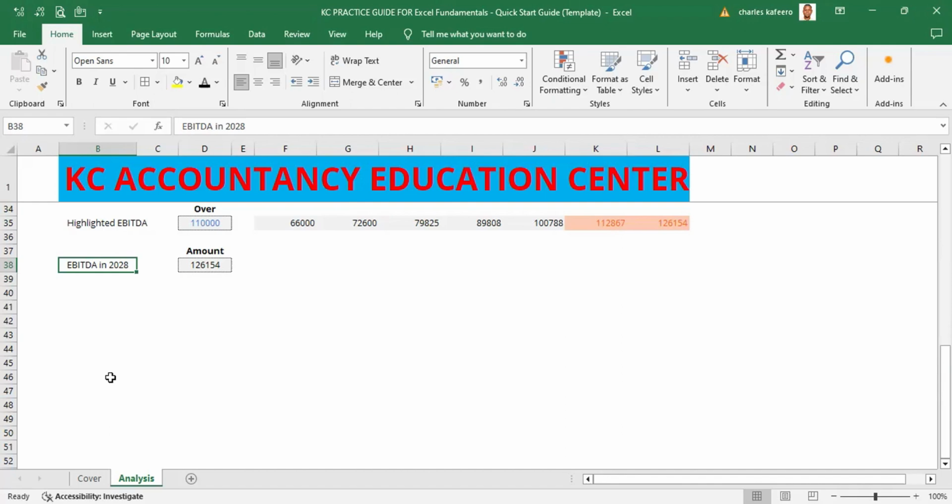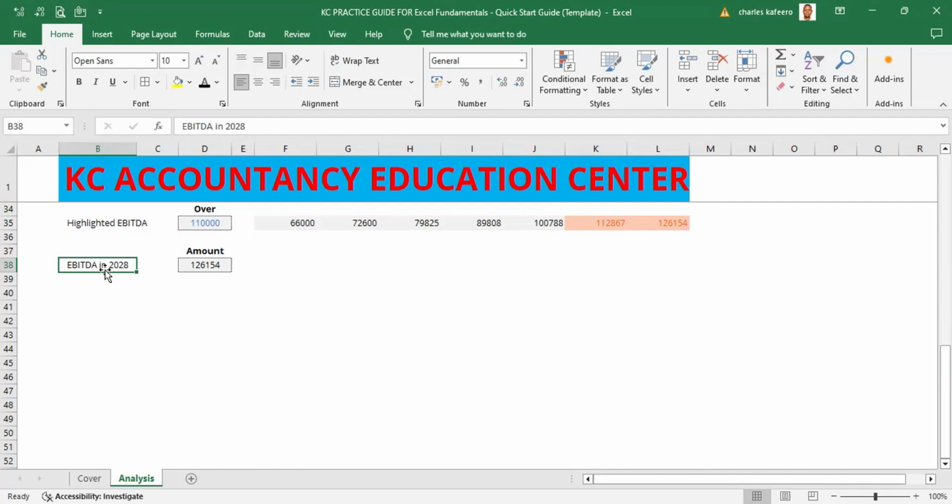So what we want to do, we want to make this label here in cell B38 so that that cell is linked up to the years in the model, so that if we change the period on the other side, even this one can actually adjust automatically. So how are we going to do that? So what we are going to do, let's be in this cell